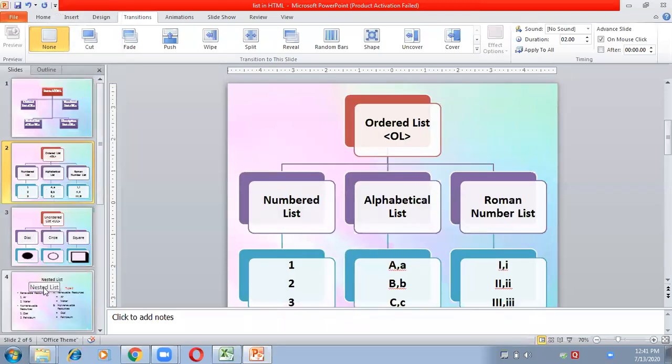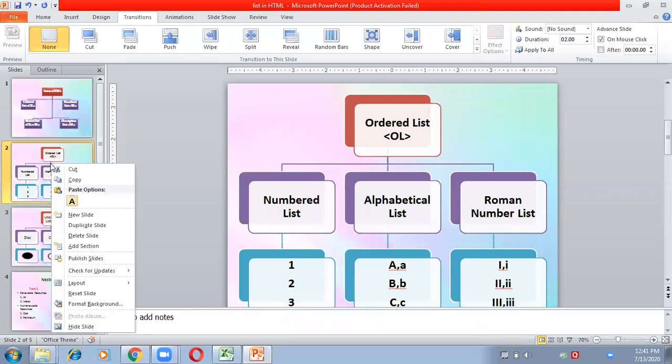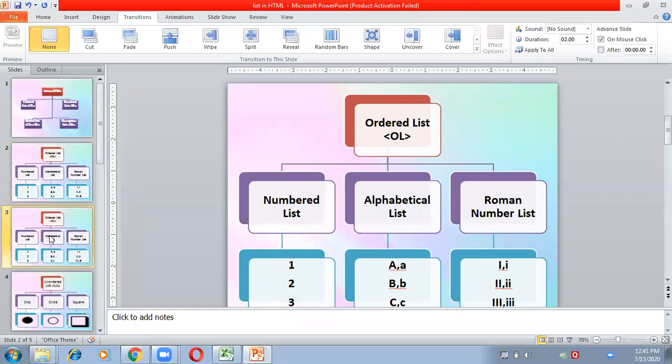Now suppose I want to create a duplicate slide. In the next slide, I want to create the same table, but the content I want to change. So what I'll do, I'll create a duplicate slide, right click on the slide and click on duplicate slide. A new duplicate slide of the same slide will be added. Now you can change the content of the slide. So rest everything will remain the same. You need not create the structure or the design or the table which you have created, or add the background. Everything will automatically come.